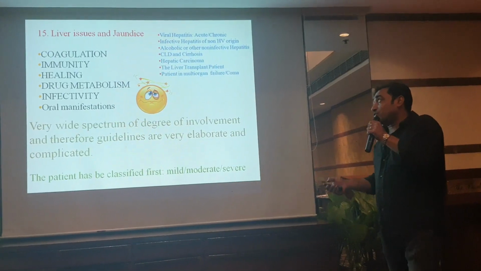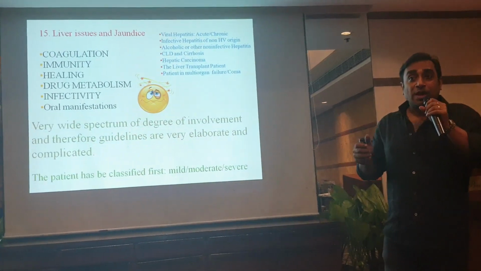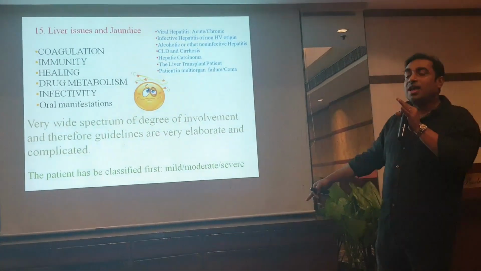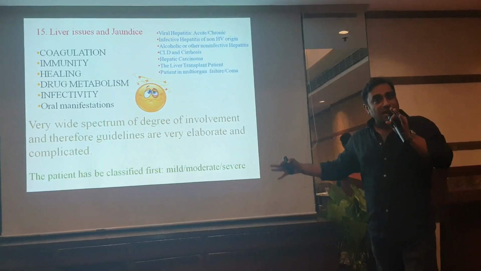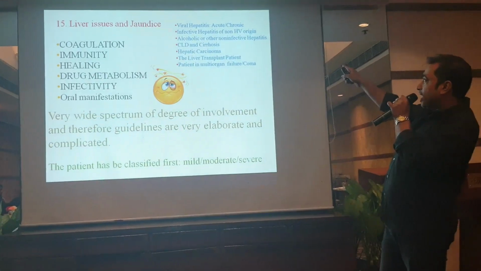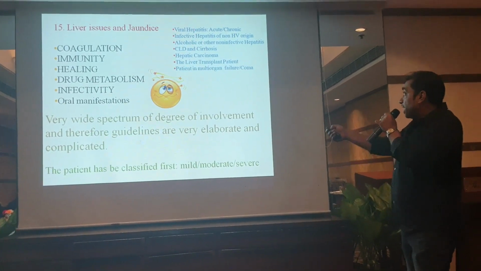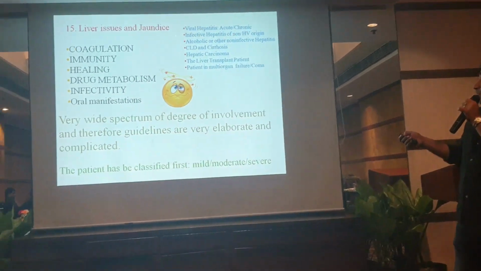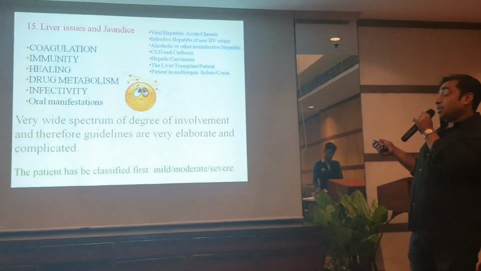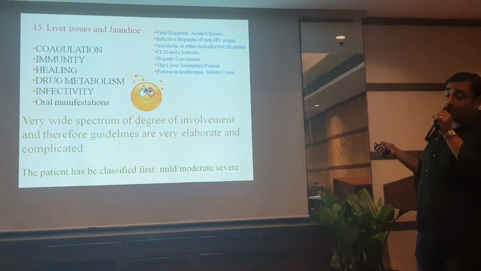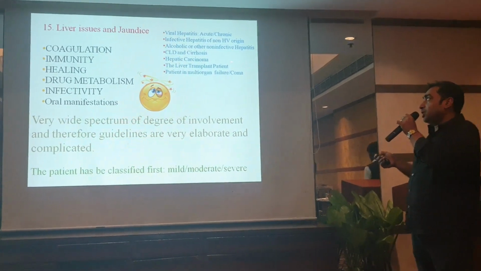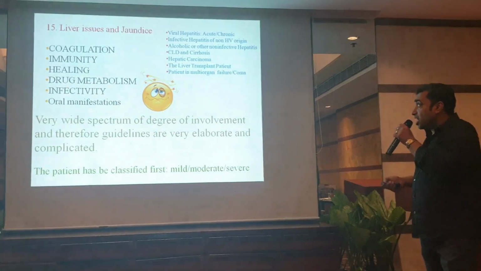So this is probably one of those slides to take a quick snapshot of liver disease. As soon as you hear this, these are the things that you have to think about. Are we looking at any of these, or are any of these possible? In hindsight, there are other things: viral hepatitis could be acute or chronic, infective hepatitis of non-hepatitis virus origin. There are cytomegalovirus and other viruses which can give rise to hepatitis. Alcoholic or other non-infective hepatitis is also possible, where the infection is not the problem but the rest are.